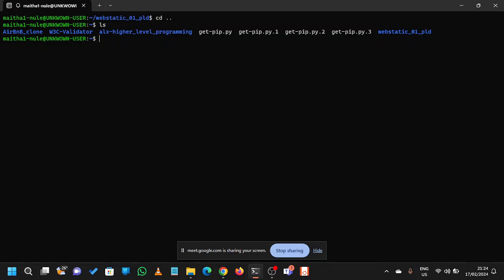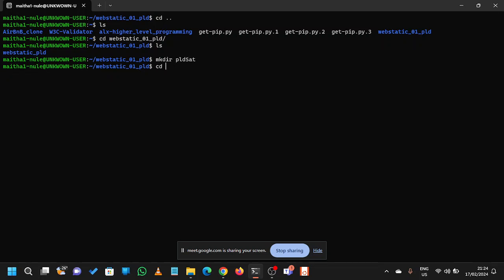So I'll change my directory to the web static. Then I'll make a directory for pld Saturday, and cd into it. As you can see, it's empty. So the first thing that we're going to do is create